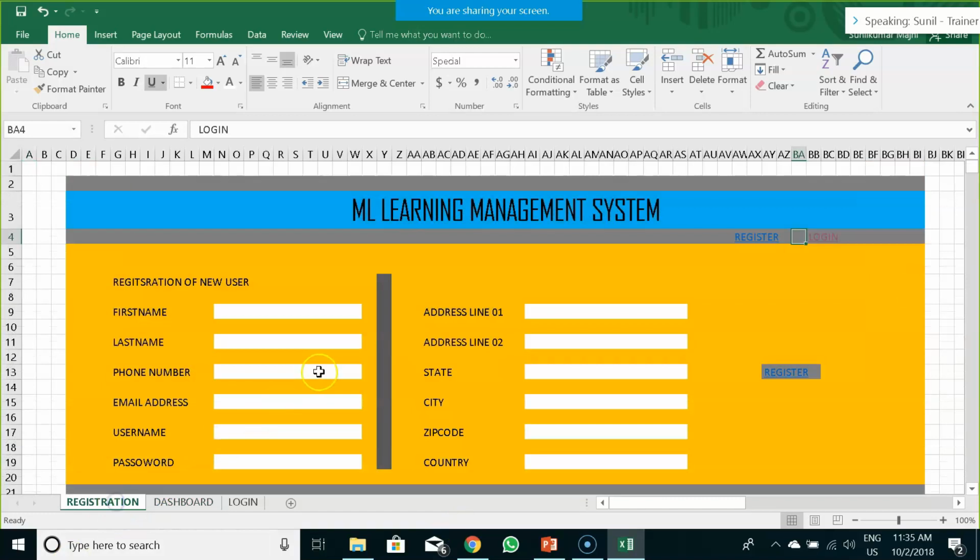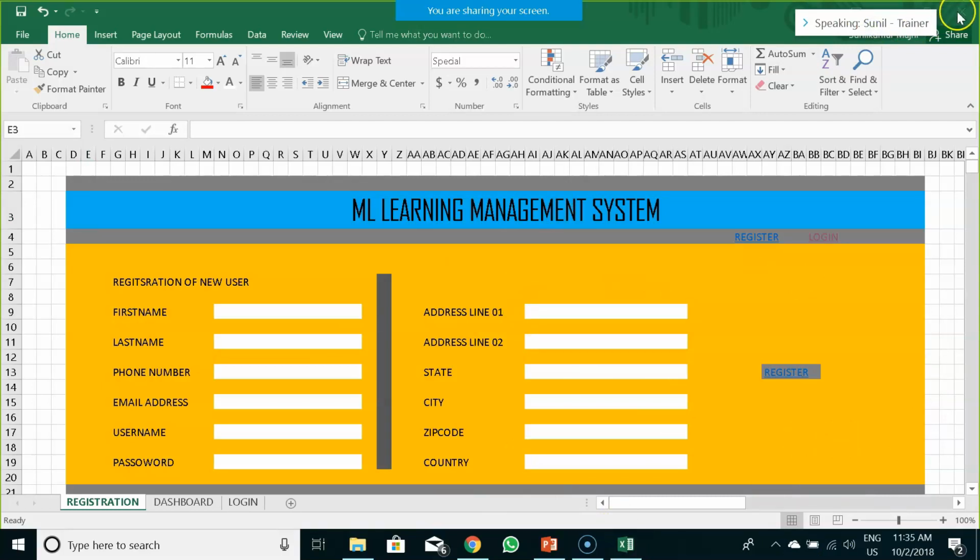So these were the indicative number of fields that we had taken into consideration at this point of time. It could be a full-fledged system design as well, depending on your need. And if you want to add an image, you can always insert a picture object to this Excel sheet and create such images. Now this was one way of creating a prototype.